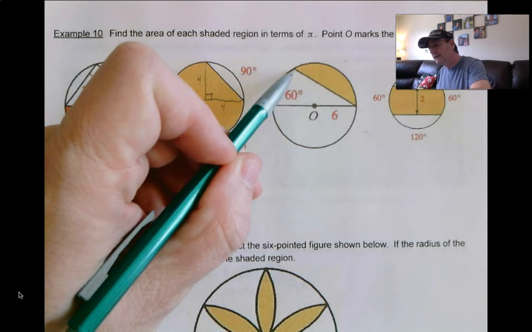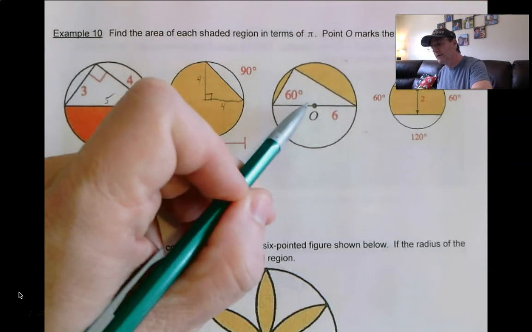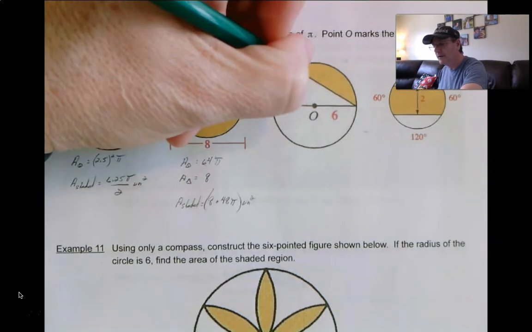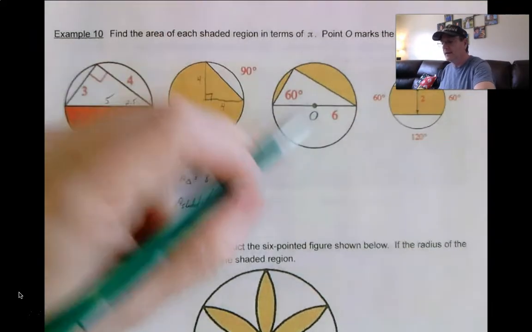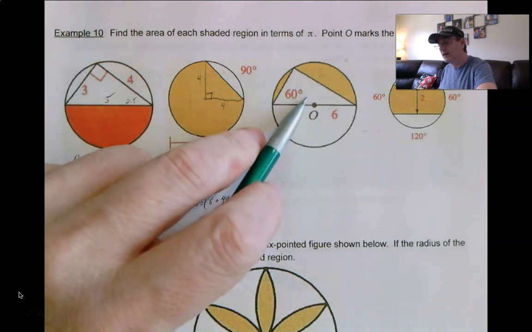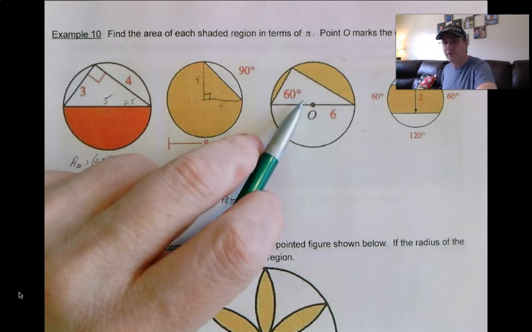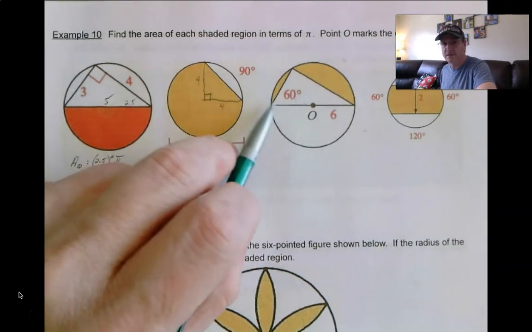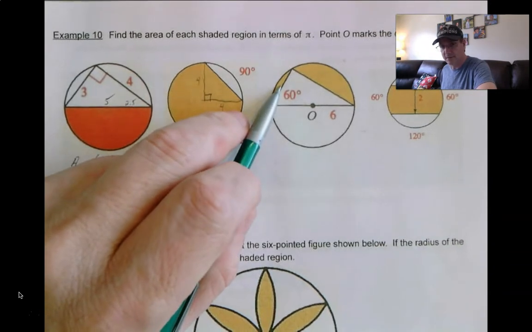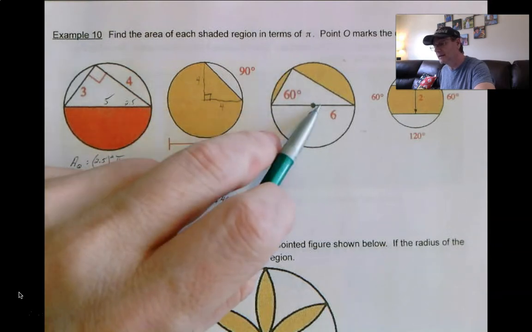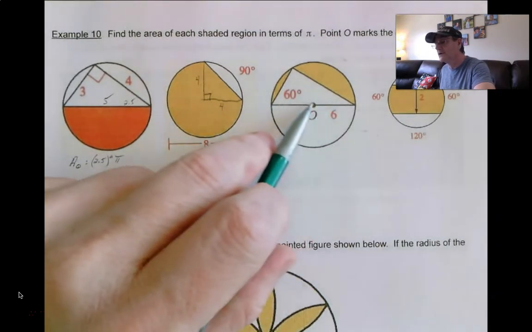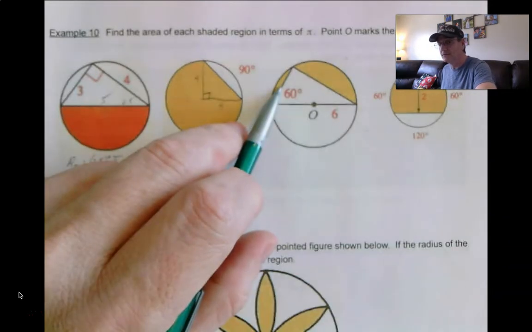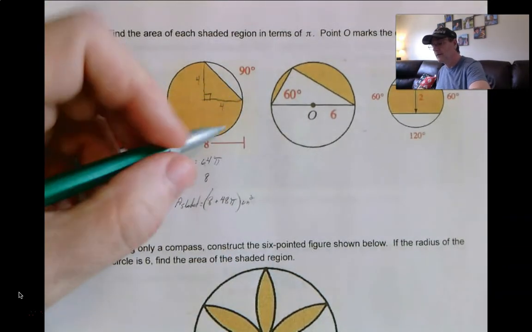So again, I could, drawing the radius here, figure out this angle, right? I know this is 90 up here, so I know this has to be 30, and I could find all those angles. I could find the measure of the central angle here and find what fraction of the circle it is, find the area of this small triangle, and subtract it from the area of this sector of the circle to get the segment of the circle. Do the same thing here, find this angle, find the area of this triangle, subtract it from the area of this sector to get the area of this segment, and then add these two together. It's quicker to say the area